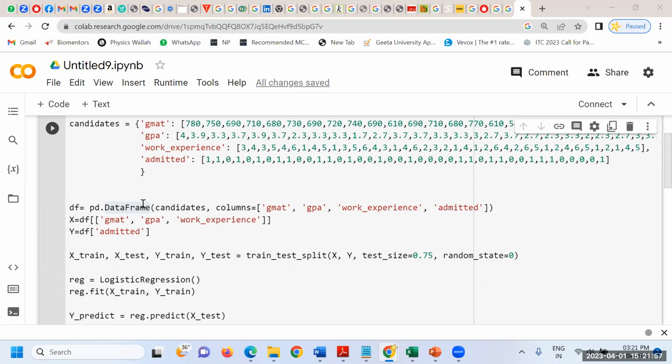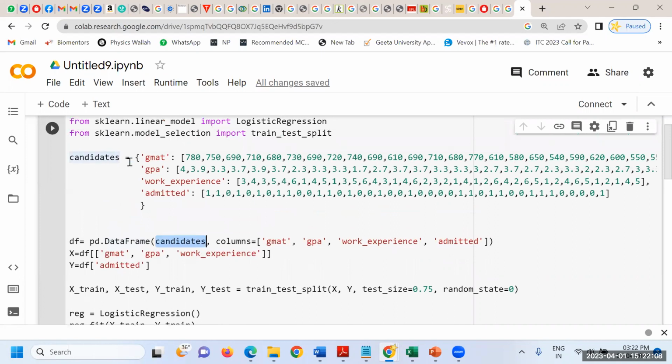Okay. Now data frame. So we are dividing the entire thing into a row column format. We are framing this one, isn't it? So the very first parameter is your data. If it would have been a CSV file, suppose candidate is equal to pd dot, that is for pandas, suppose we are instantiating this as pd. So pd dot read underscore csv, within bracket we are giving the path of the CSV file, comma separated file, isn't it? Now here, since we have given the direct value by using this curly bracket, that is one of the dictionary format, I'm going to give the data itself directly over here.